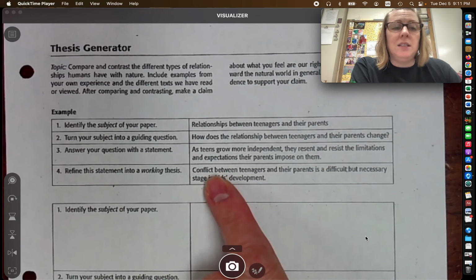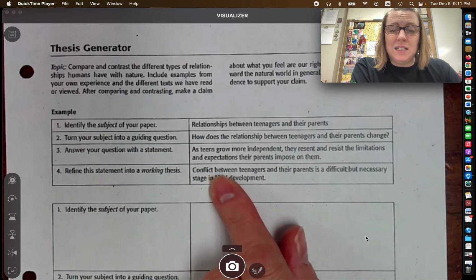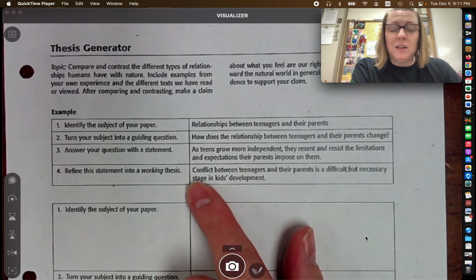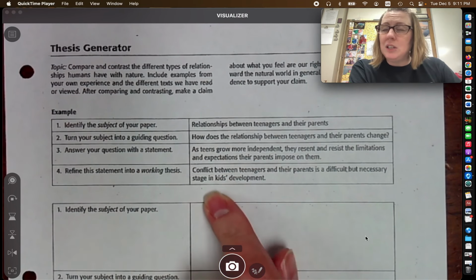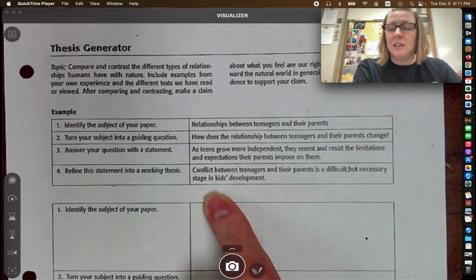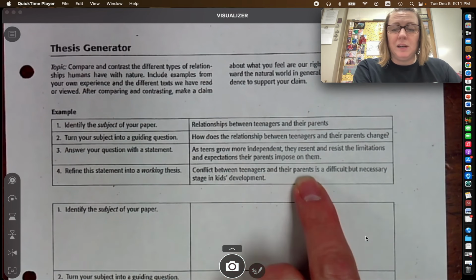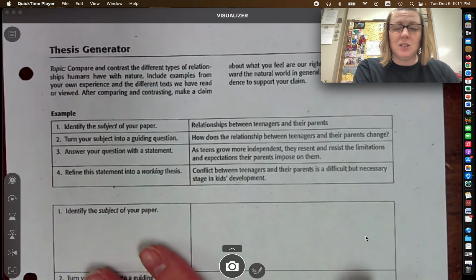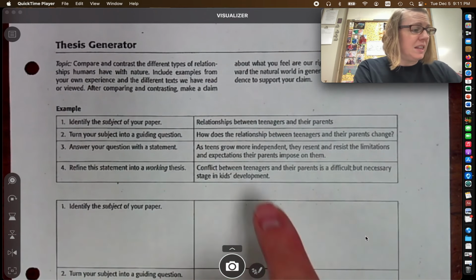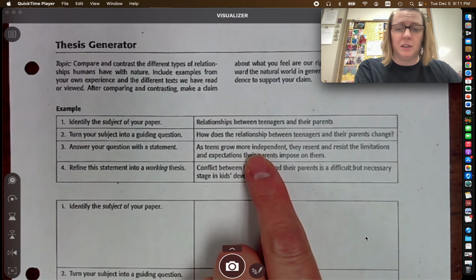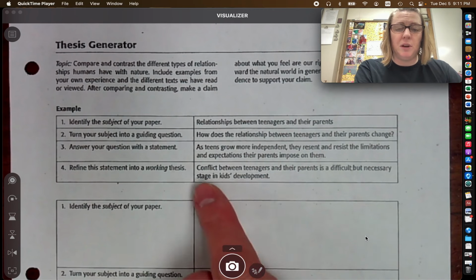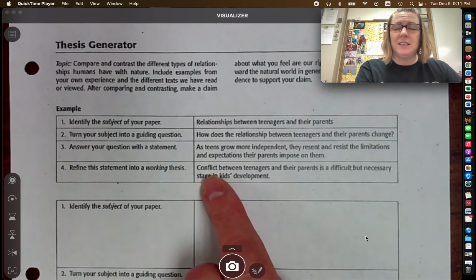So this is the way that the student refined the idea that was given above. I'm going to read it to you, and then I'm going to show you how this is basically the roadmap for the student's paper. Conflict between teenagers and their parents is a difficult but necessary stage in kids' development. This is different than what we have up here, right? It has some similarities to it, but what I really like about this one is that it sets up the